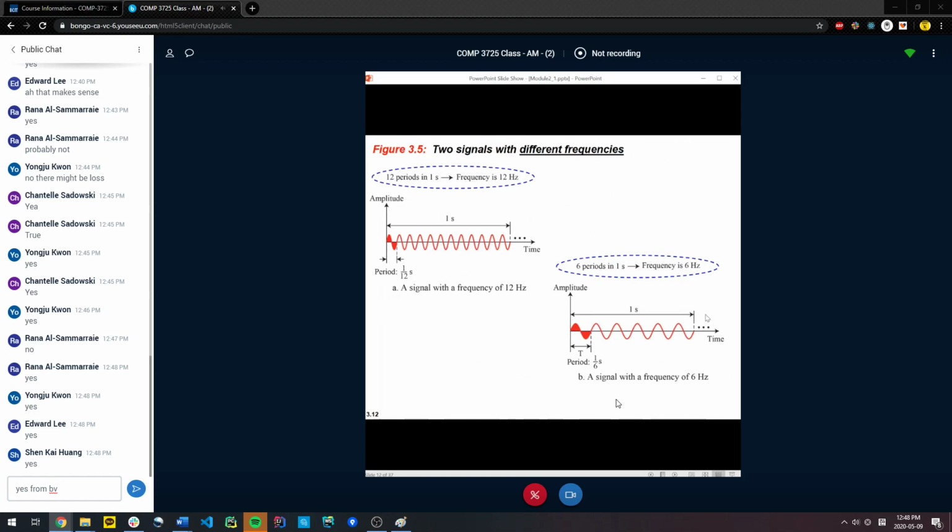Auctions for spectrum by the telcos like Telus, Shaw, Rogers, they buy blocks of spectrum at billions of dollars. They're licensing it from the FCC, or the Canadian equivalent of the FCC. Okay, so the problem is this: if I use frequency to differentiate between 1s and 0s, it is great. But now amplitude is no longer really a concern for me until it becomes 0.